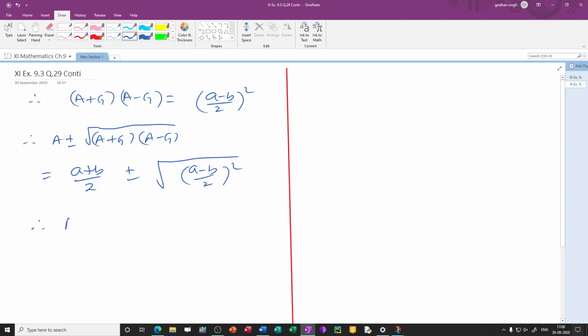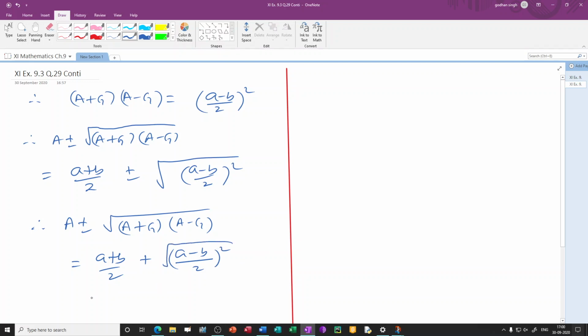Therefore, you can say that A plus minus square root of A plus G multiplied by A minus G is equal to a plus b by 2 plus square root of a minus b by 2 whole square, or we can get it as a plus b by 2 minus a minus b by 2 square, and over there we'll take the root, and therefore we can say that capital A is equal to, not capital A, sorry, not capital A, therefore